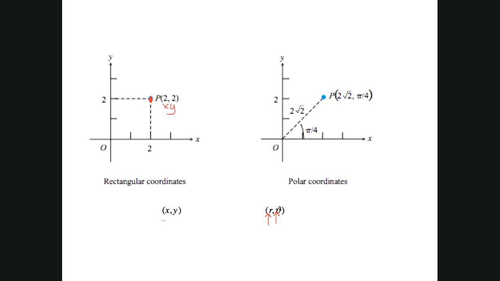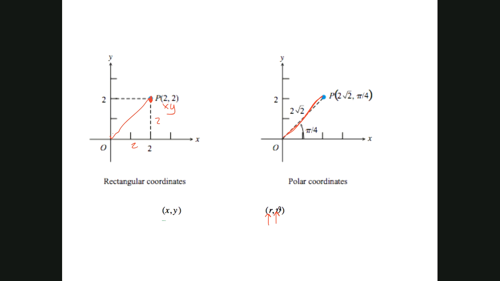What is r? r is the distance, the hypotenuse, basically, when you think about it. Because I'm really graphing the same point, it's just I'm getting there in a little different way. If this was 2, a squared plus b squared equals c squared,